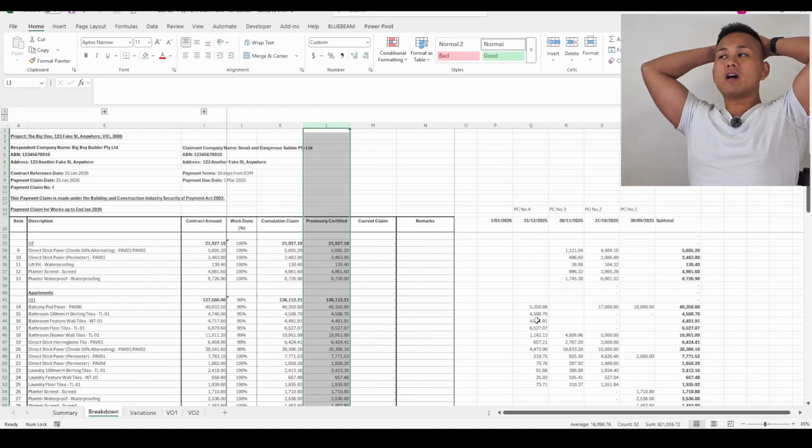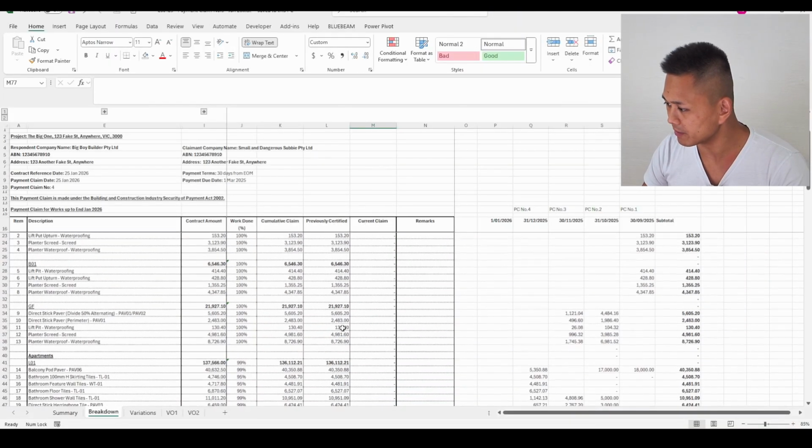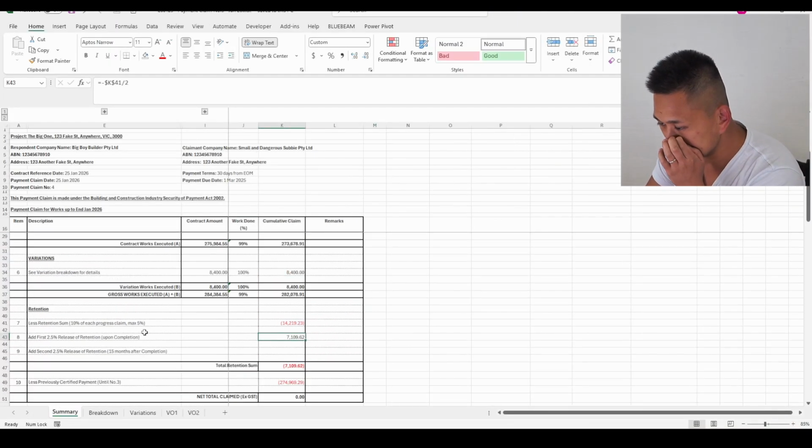I think the reason why bookkeeping issues happen, and the fact that things can't reconcile, or subbies can't reconcile their payment claims, is because people don't know how to read a payment schedule, and they haven't even considered what the builder is certifying. They just look at their bank account, they've claimed 50,000, the bank account says 40,000, and then they've been short paid. So the last thing I'll mention about this process is that in order to get your retention